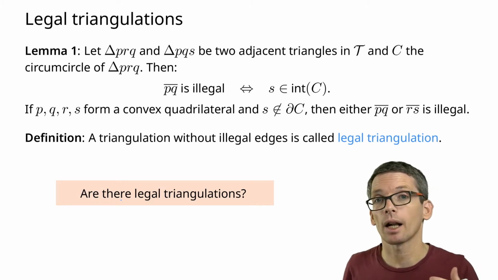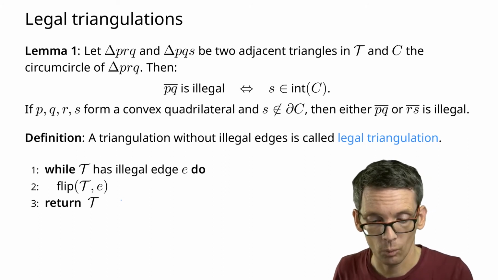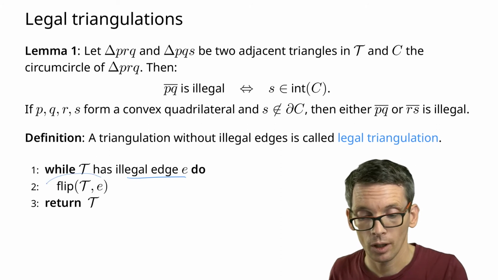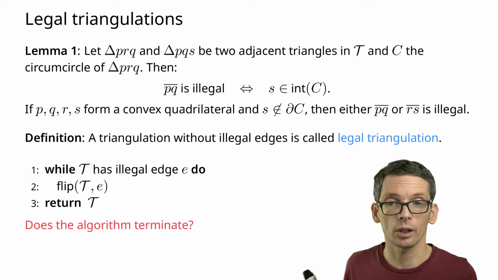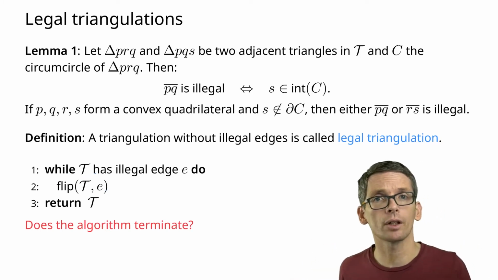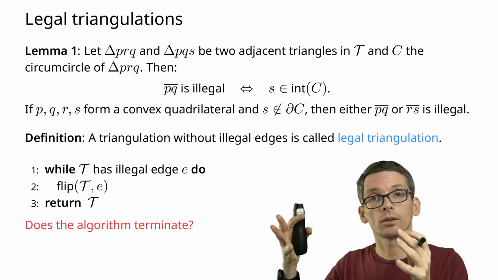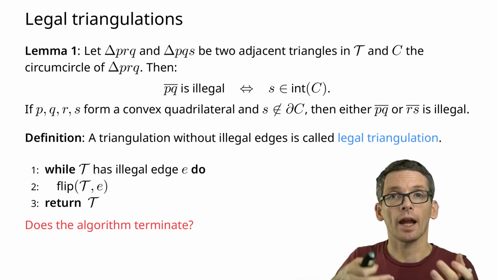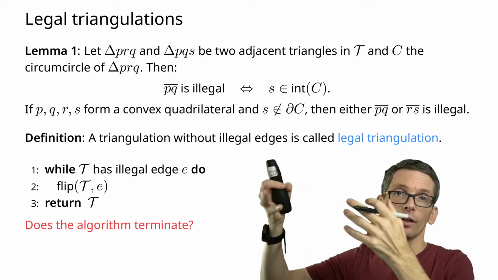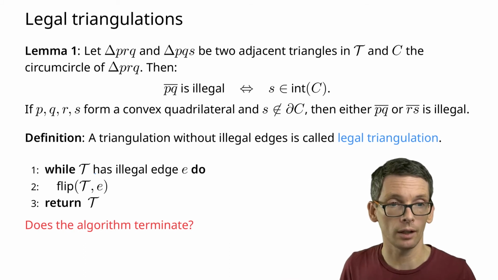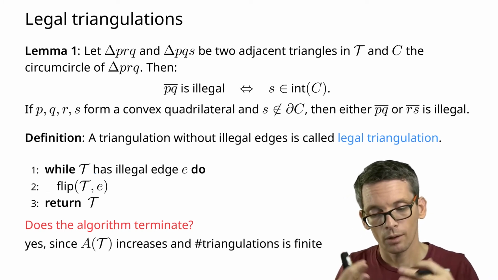Here's a very simple algorithm, and it's not necessarily efficient, but it will lead to a legal triangulation. Whenever there's still an illegal edge, I will flip it. Why might this not lead to a legal triangulation? It might not if I somehow have an infinite loop. But this cannot happen because we know that with every flip, the angle vector strictly improves. So if the angle vector strictly increases, then every time I do a flip, I must be at a triangulation that I haven't seen so far. And because the number of triangulations on a point set is finite, this means that at some point this